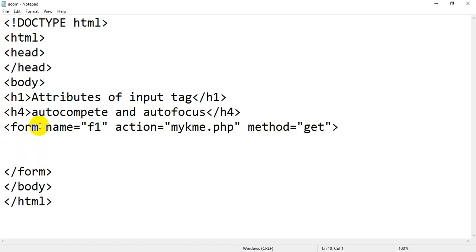The only problem with that is, if you use the get method, all the values of the form will be displayed on your URL, so it is not safe. So instead of get you can use the post method. But in this particular video lecture, in this particular tutorial, I am using the get method only for whatever values I am sending from this page to another page.